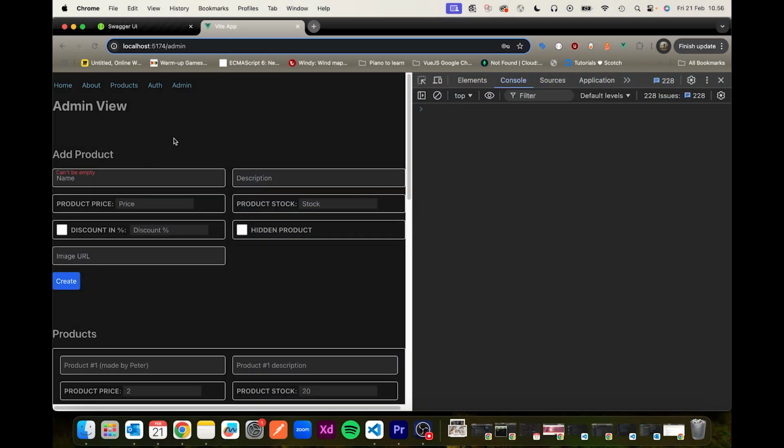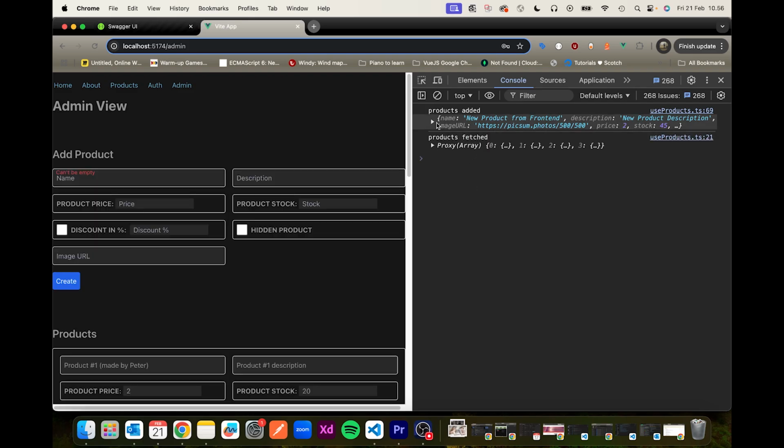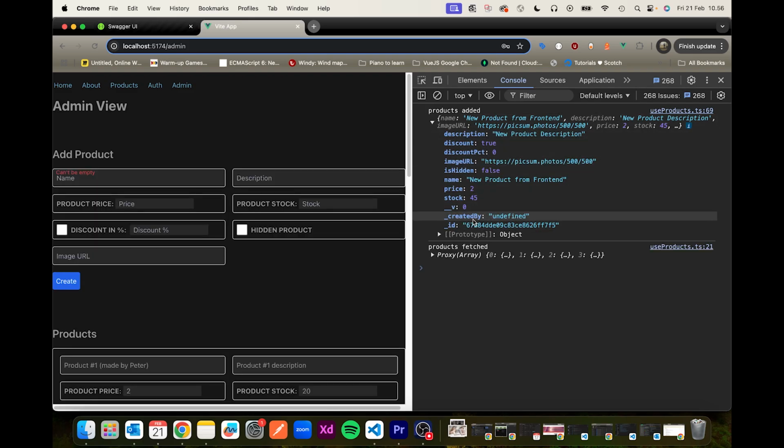Right, so I found an error from when we created this one. You probably have the same error. I'm back in the admin page. I'm just going to create a new product and expand it up here, and you can see the created by is undefined. We have the ID for the product, that's great, but the user who created it is undefined because I